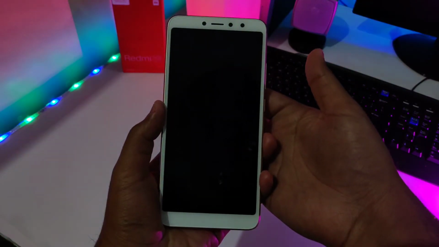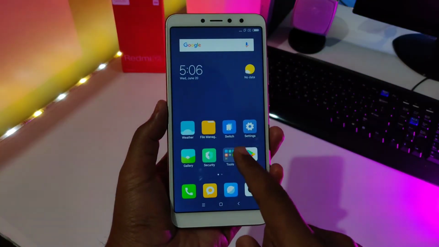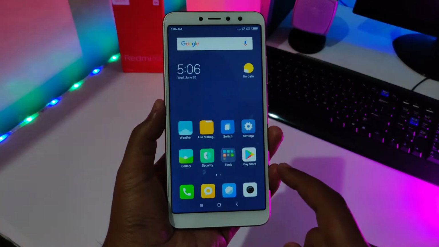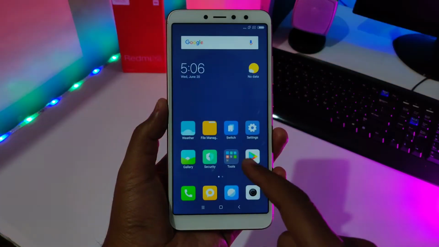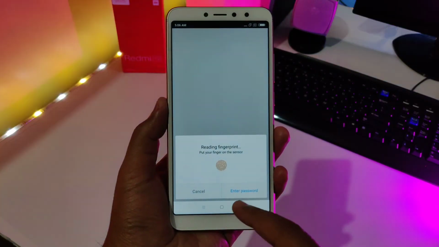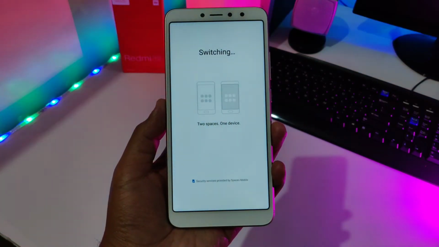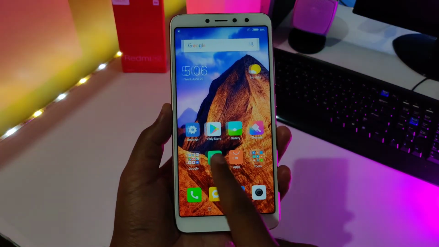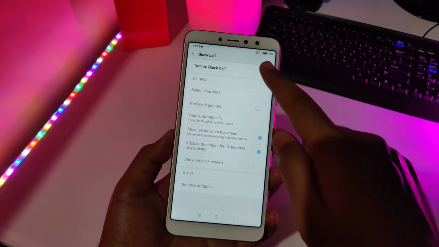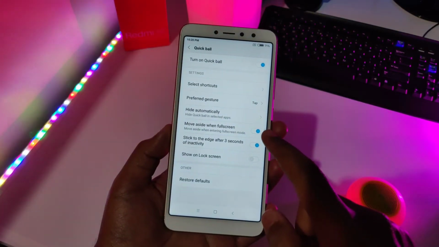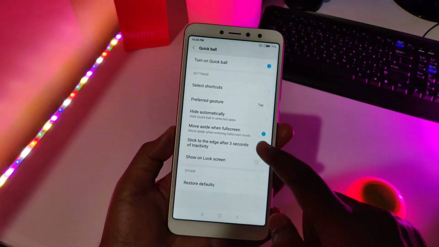So guys, using and switching between the second space is really easy on the Redmi Y2. There is no lag and also this is like a security feature on the Redmi Y2. And switching between the normal default user and the guest mode or the second space is really easy on the device. Now with the Miui 9.5.2 custom Android skin on top of Android Oreo on the Redmi Y2, you'll find